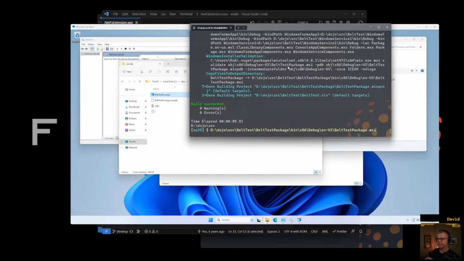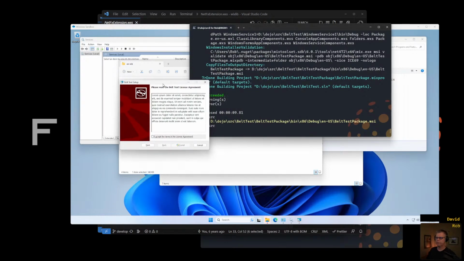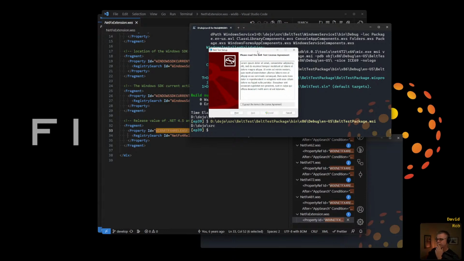All right, so I'm gonna start this MSI. This is the same as double clicking on it. Ready? All right. Let's see which window it pops up. Of course, it pops over on my main monitor. Ta-da! Here it is. Let's make the sandbox small so we can see that this is on my computer. Okay, here we are. This is the UI.